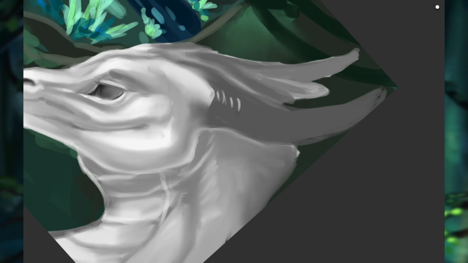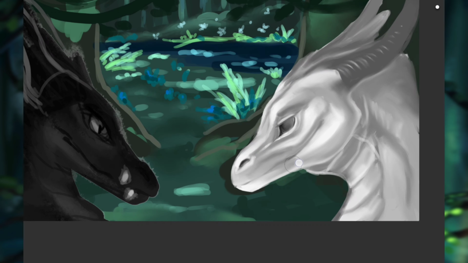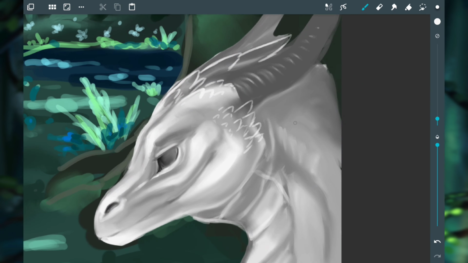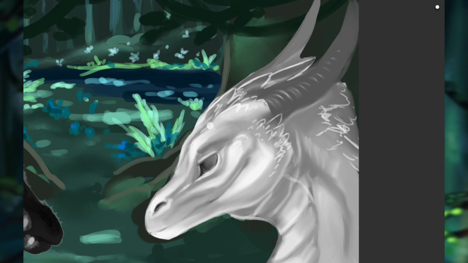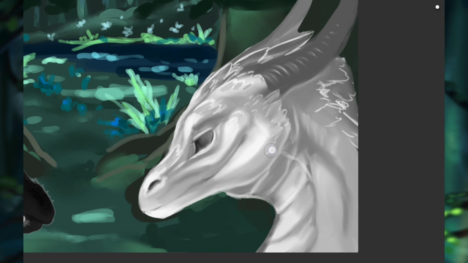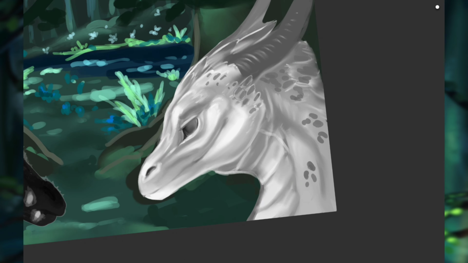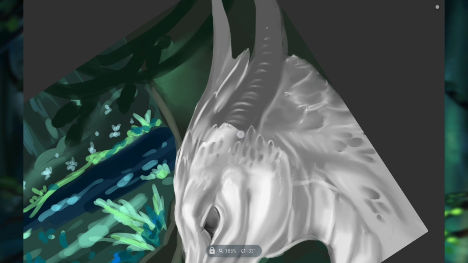Speaking of feathers, you will see me start to detail the feathers shortly. I do still really love doing feathers, and I'm really addicted to doing a light outline and light start to the feather and then coming back over with a darker color, as you can see now, and blending them in.